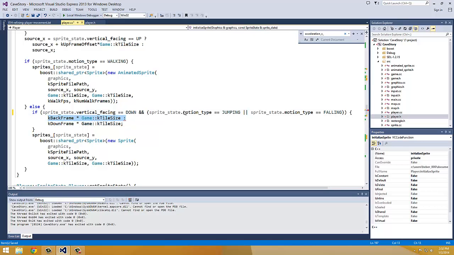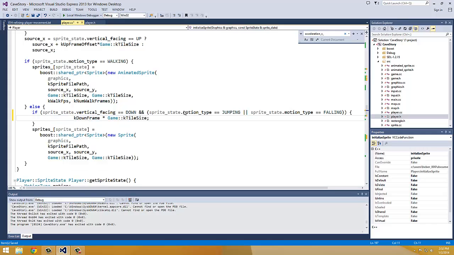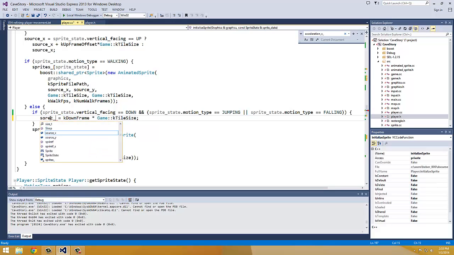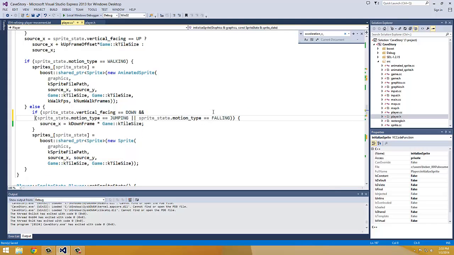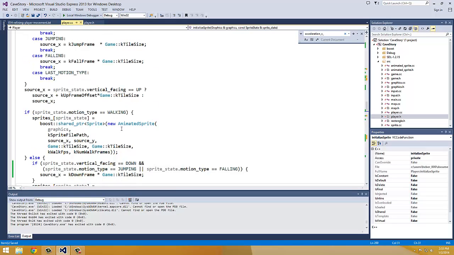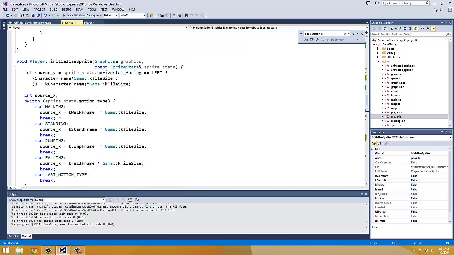Then we need to use our K down frame. Not sprite X, source X. And so this is just like, if we're standing, that we don't have a down frame either, and that's what I'm trying to say with this logic. But if we're jumping or falling, then we do have a down frame, which is the down frame, instead of using our back frame. So up here is where we're going to set, inside of the switch statement, after standing,